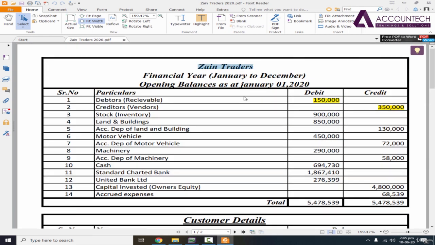So the scenario is that the company might exist for 10 years, but now they are planning to shift from manual accounts or from Excel to a proper accounting software, that is MYOB. So obviously they cannot shift all the balances.